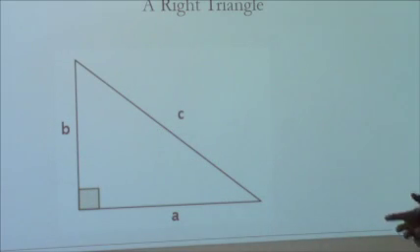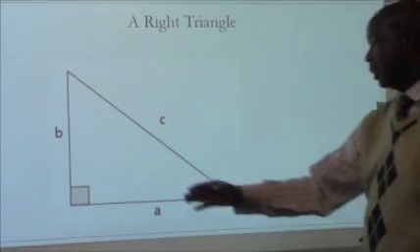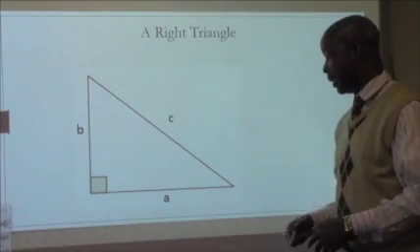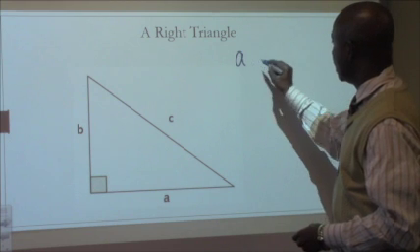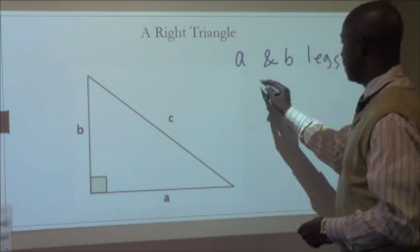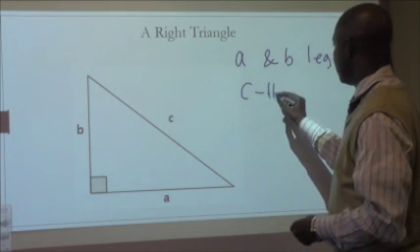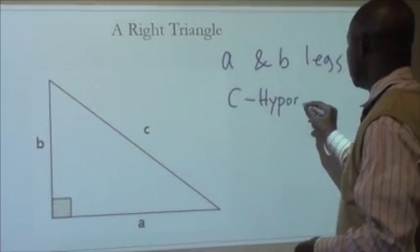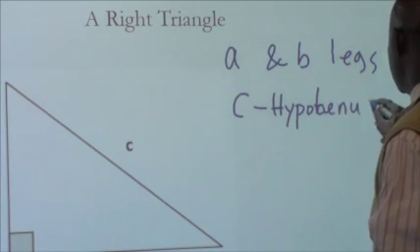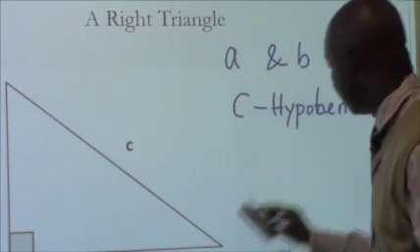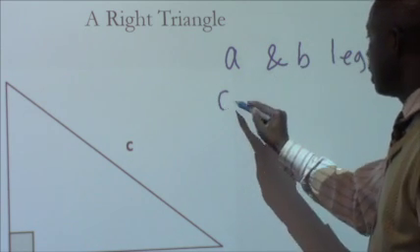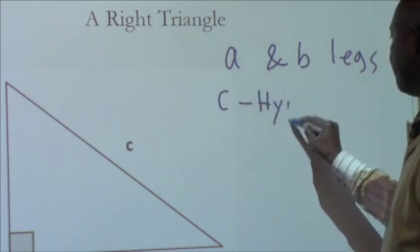So first of all, here's a right triangle. In this right triangle, this is the right angle. So it has three sides. The sides A and B, we call them legs. And we call C the hypotenuse of the right triangle. Because I'm writing this for people to see, I'm going to clean this up. So let's go. C is the hypotenuse